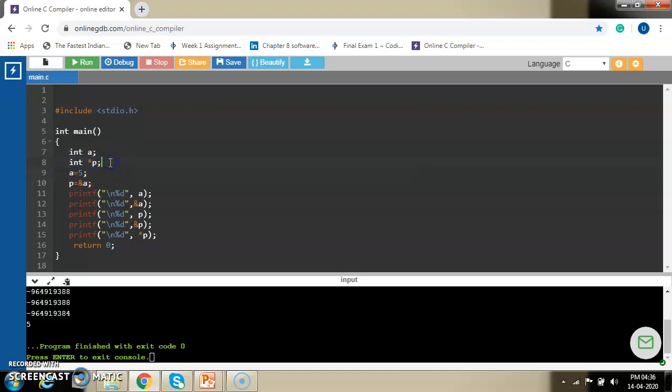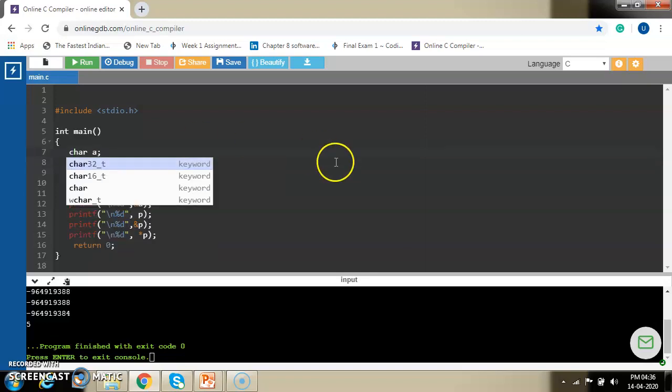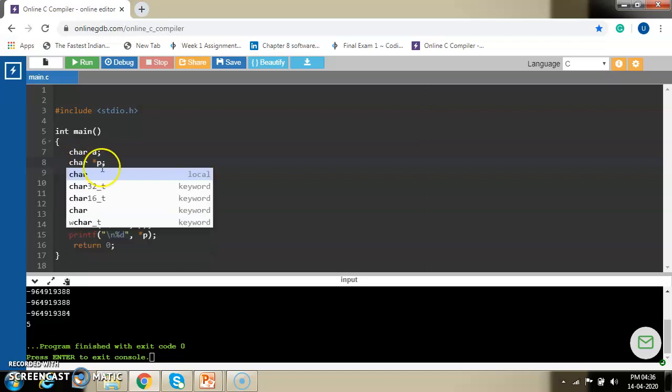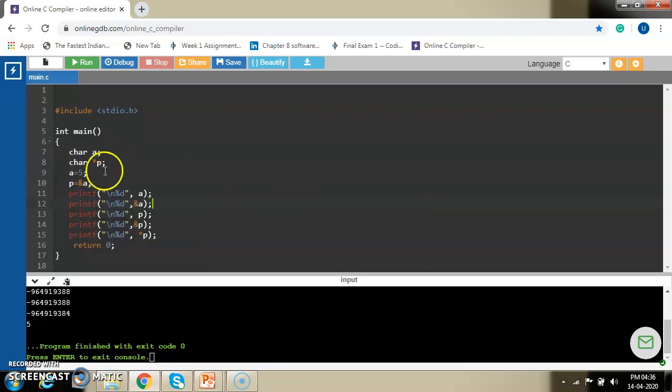Okay, we can create any type of pointer. For example, if we consider this as a character, then here you have to write character, because the data type before the pointer tells which type of value it is pointing to, not which type of value it is storing, because a pointer always stores the address of another variable, whether it is a character pointer, integer pointer, float pointer, any pointer, right?